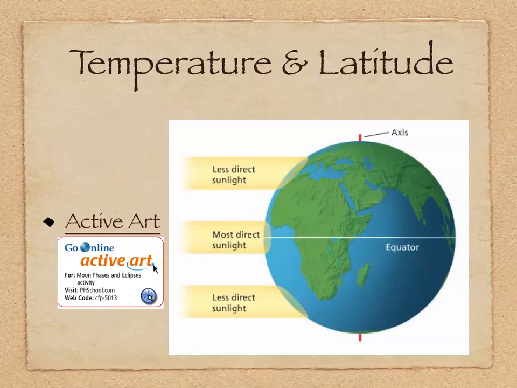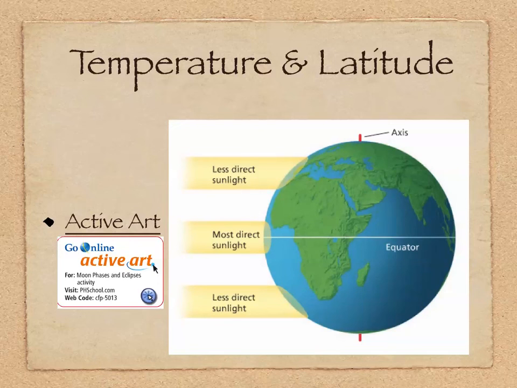So every beam, you can think of light as a whole bunch of thousands of beams of light moving in pretty much a straight line. And when they hit the top of the earth, they're spread out over a larger area of land, meaning that the areas at the top of the earth, the North Pole, and the South Pole at the bottom,